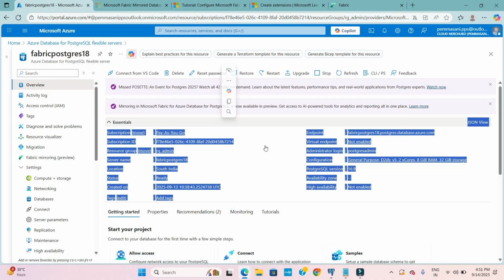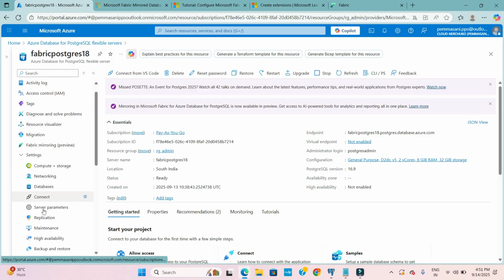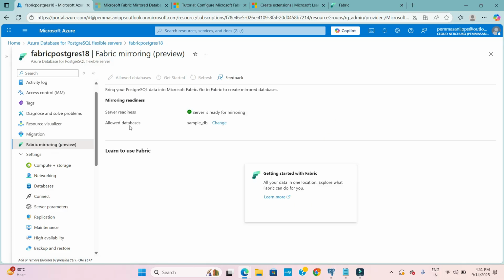For connection details, you can find here the endpoint details and admin name and the password you set. So just log into the PG admin and create a database and assign the necessary permissions. So once you assigned it, we just need to go back to the Fabric mirroring, and then there is a screen here where you can just select your database and then proceed. So once you proceed,